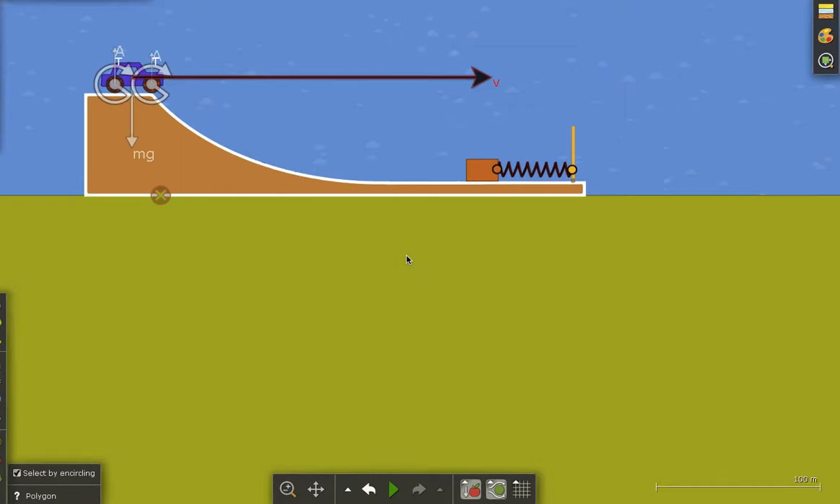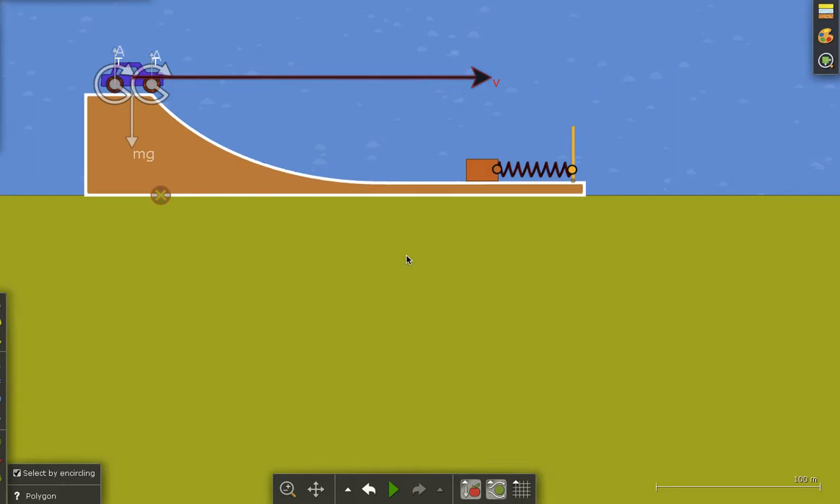Hi everyone, my name is Tasheia Floyd, and my Algodoo project will focus on the conservation of energy, specifically gravitational potential energy, translational kinetic energy, and potential energy of a spring. So, here I have a very simple setup that I know will illustrate the real time transformation of energy of